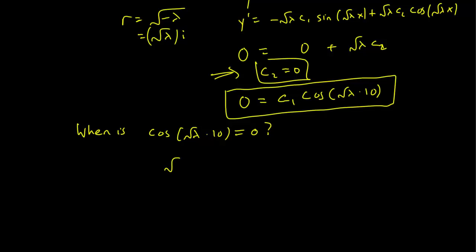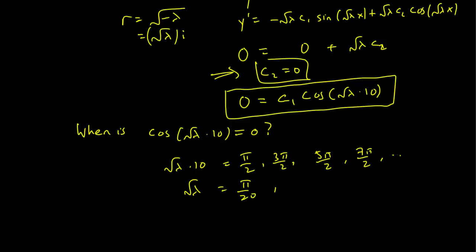So we need root lambda times 10 to equal pi halves, 3 pi halves, 5 pi halves, 7 pi halves, and so on, by the properties of the cosine. So root lambda must be equal to pi over 20, 3 pi over 20, 5 pi over 20, 7 pi over 20,